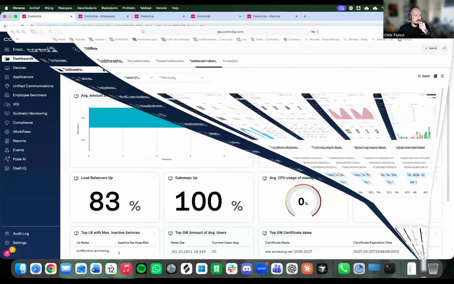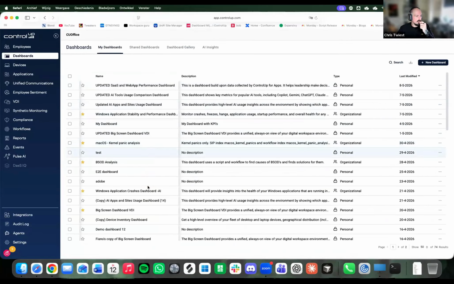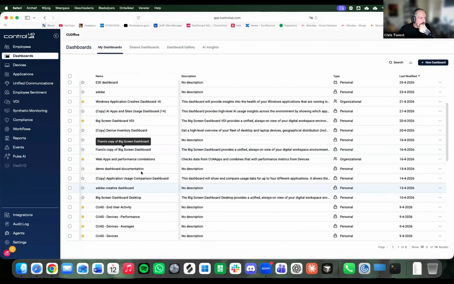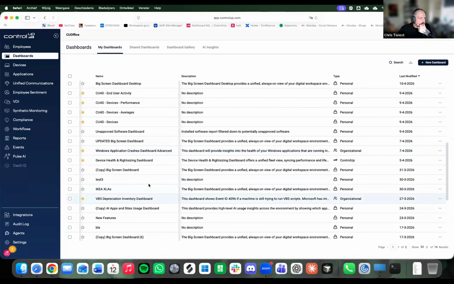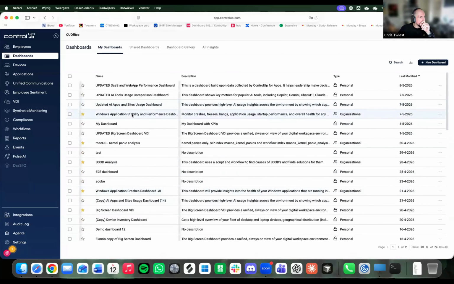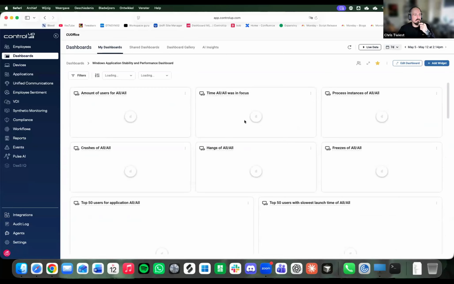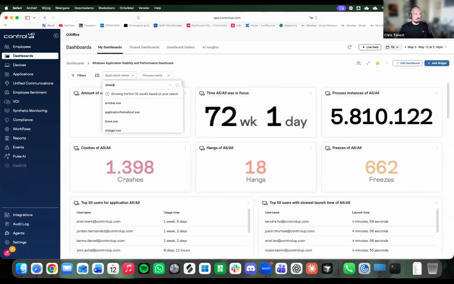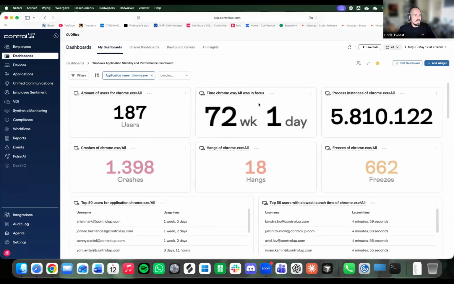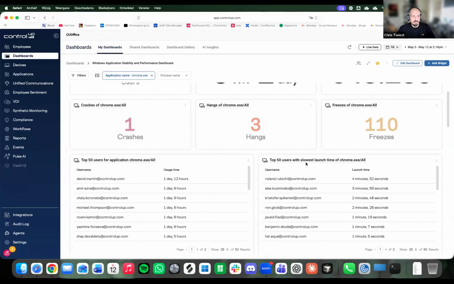I can show that really quick in this environment. Bear with me for a second. Well, you will see it on Sunday. Yeah, this one, the Windows application stability dashboard, where you can really deep dive. For example, you take an application and we'll show you the top 50 slowest launches of the application.